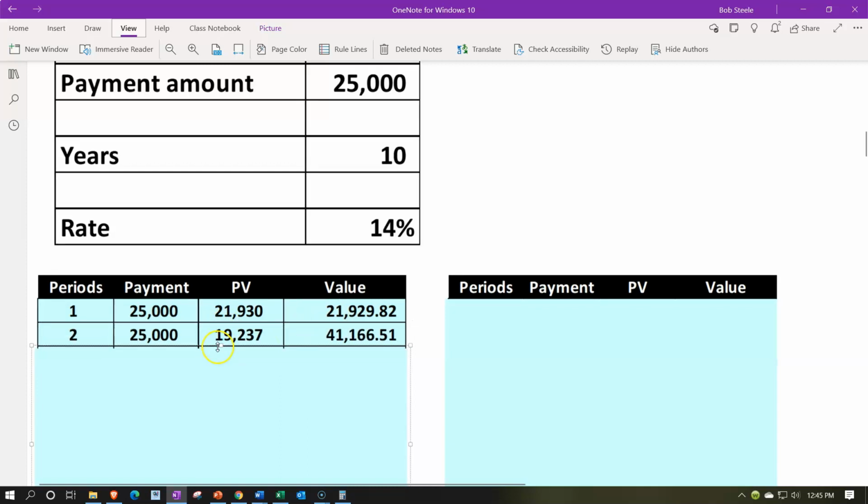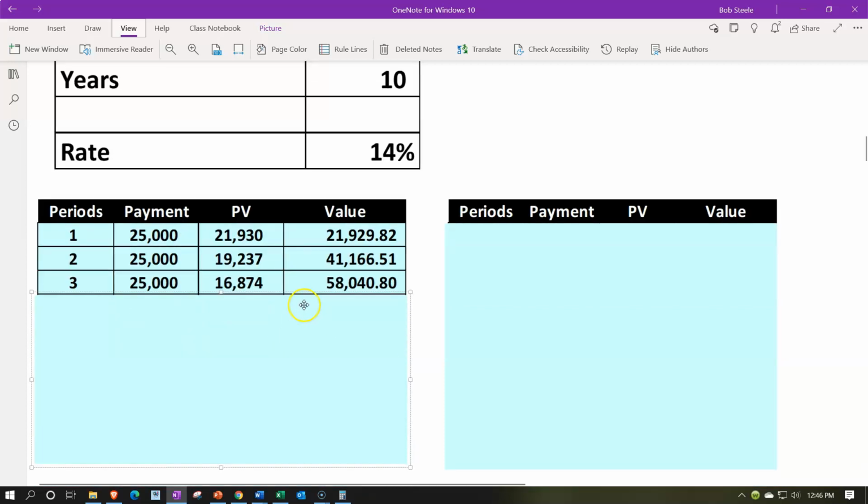then I'm going to get that $21,930. And then if I add to that the next $25,000 payment, but present value it being 2 years out, therefore the present value being less, then I get the $19,237 about. If I add that to the prior value, the $21,929.82, we get the $41,166.51, and so on. Third payment, $25,000, present value of 1, 3 periods out, now at the $16,874. That plus the prior balance, $41,166.51,